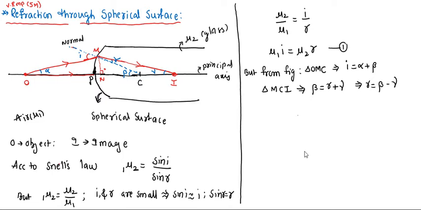I and r we wrote from the figure. Okay, listen very carefully because this is very important for the 5 marks. And if you have not understood any step, you can immediately ask me. And n1 into i: this i and r are substituted in the above equation. Then from equation 1 we write here n1 into i, where i is alpha plus beta, and n2 into r, where r we write as beta minus gamma.